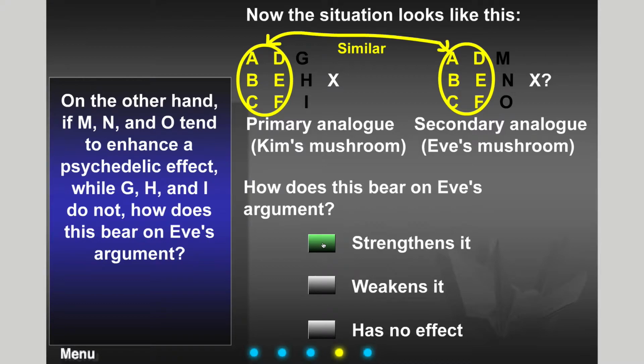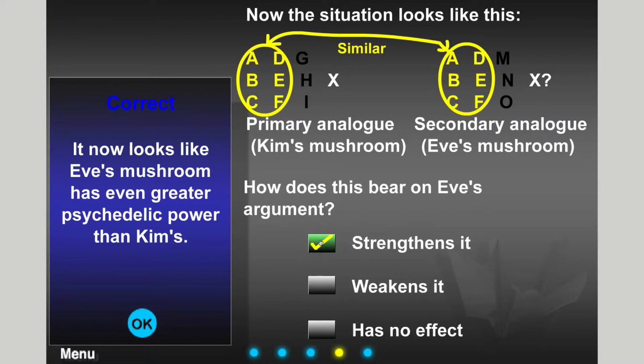Oh, then it strengthens it. If we find out these tend to add to psychedelic qualities, and you'll excuse your professor's lack of knowledge of what any of those attributes would be, but I tend to think you would think of that as a good thing for your professor to have. There's kinds of ignorance that are probably good for me to have. If we find out these are psychedelic qualities, it strengthens her argument that what is in front of her is indeed psychedelic. It might even have more psychedelic powers than Kim's.